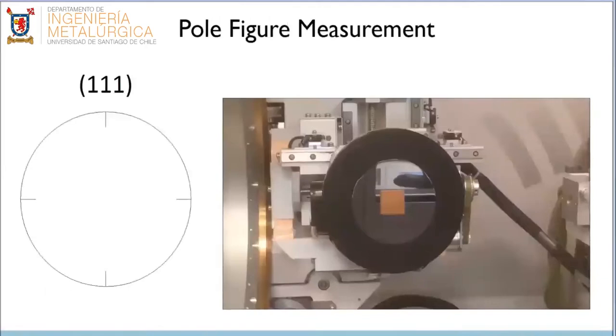On the right, we see the setup for collecting pole figures. Here is our sample, a square piece of cold-rolled copper. X-rays strike the sample from this direction and diffract off in this direction to be picked up by the detector off-screen. The system has been set up so that the source and detector are positioned such that the 111 reflection